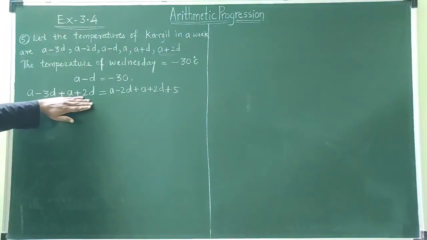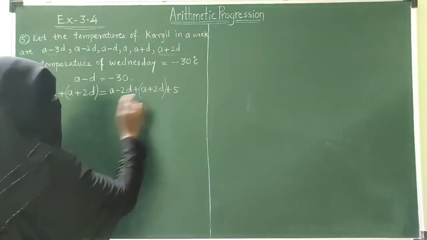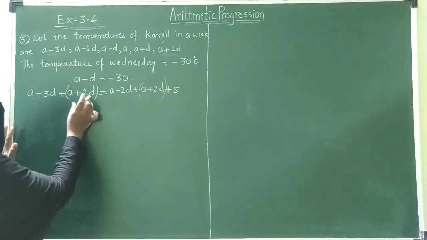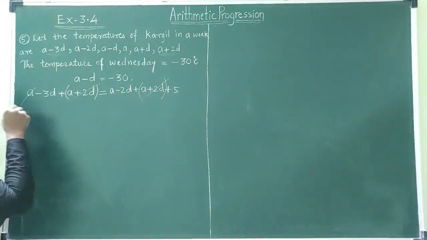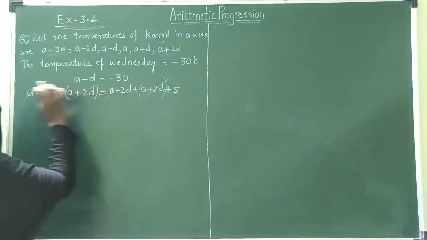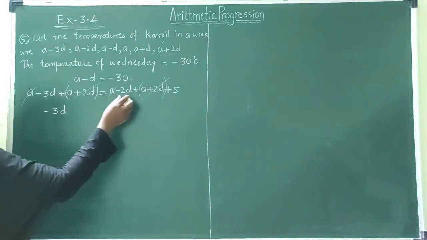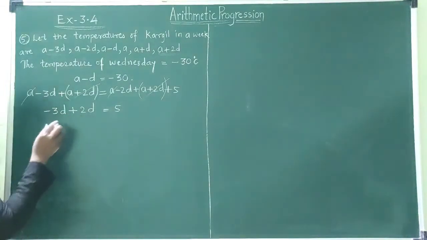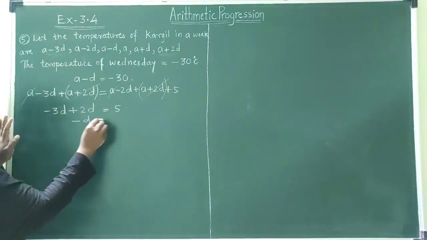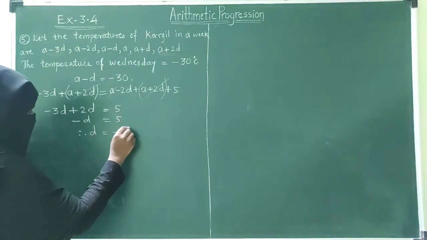बच्चों देखो यहाँ पर A plus 2D जो है ये कॉमन टर्म दी हुई है, यहाँ भी है और यहाँ भी है, तो हम इसको कैंसिल कर सकते हैं. क्योंकि ये प्लस में है इधर आ जाएगा माइनस में और ये कैंसिल हो जाएगा, इसलिए हम पहले ही इसको कैंसिल कर देते हैं। ये कैंसिल होने के बाद प्लस माइनस ए ये भी कैंसिल हो जाएगा क्योंकि यहाँ पर प्लस ए है, इधर आएगा माइनस ए हो जाएगा। अब रहा -3d -2d, इधर आपके +2d हो गया इज इक्वल टू 5. -3 + 2 we get here -d is equal to 5. Therefore d is equal to -5.